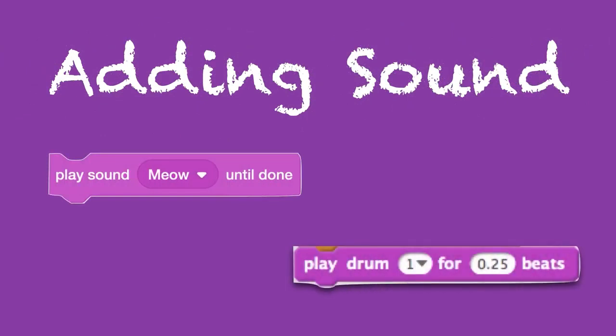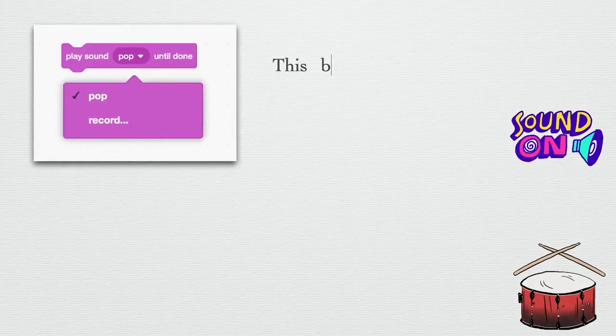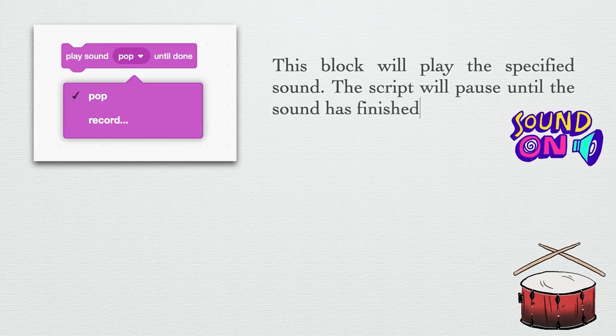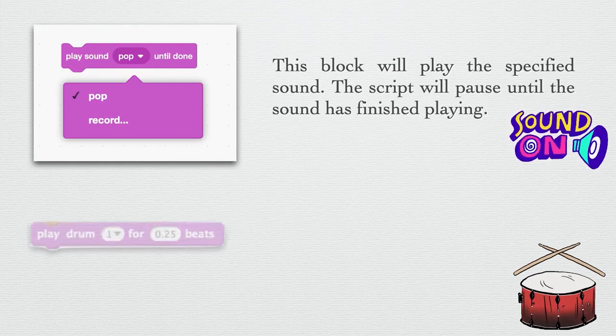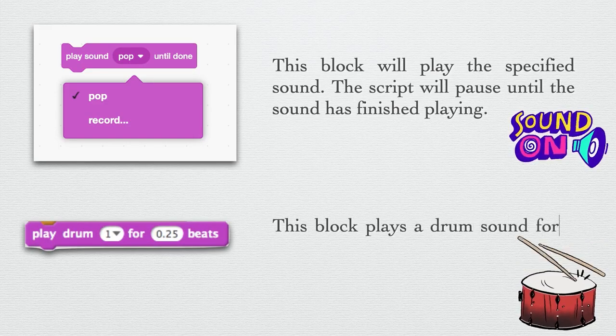And the last topic that we have learnt in this chapter is adding sound, in which we learn how we can add sound in our Scratch project and make it more interactive. And we also know that we have different ways to add sound, but we used 2 blocks, that is play sound until done and another one is play drum for specified number of beats. So kids, we get these 2 blocks from sound block menu, but if you are using scratch.mit.edu, in that you will get play drum block from music block menu.